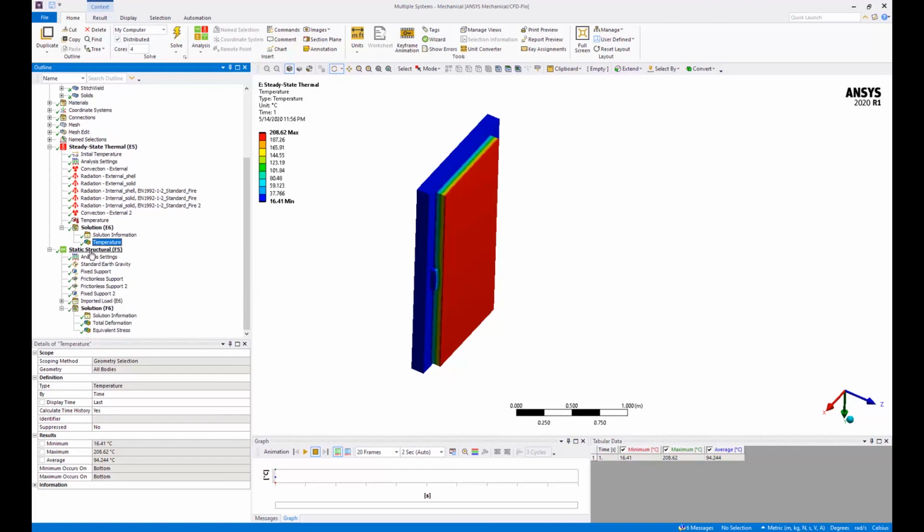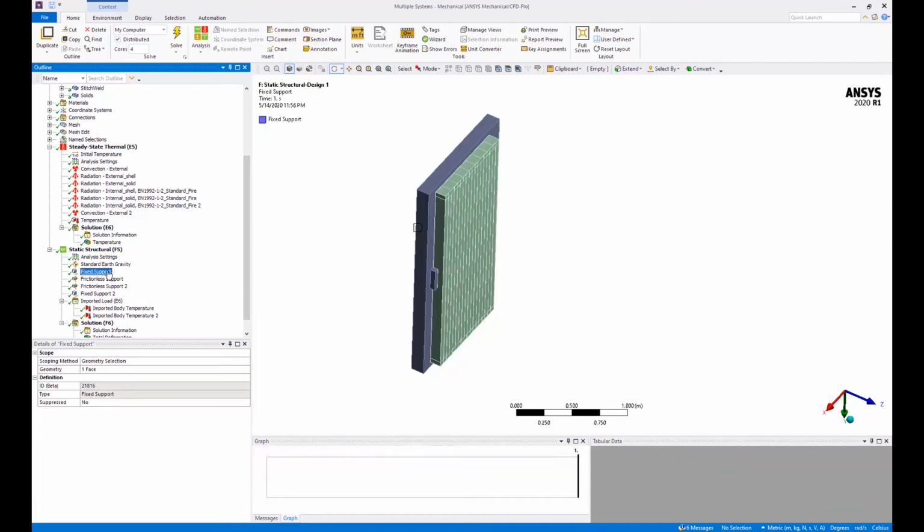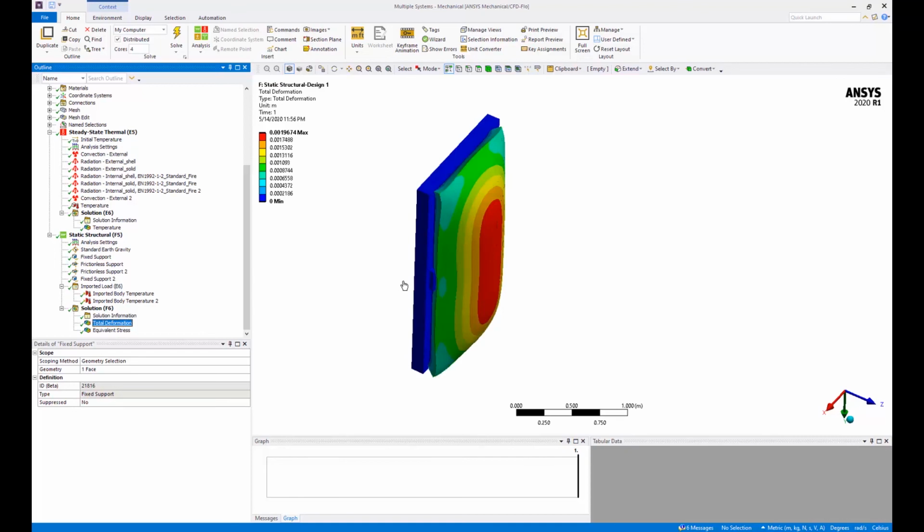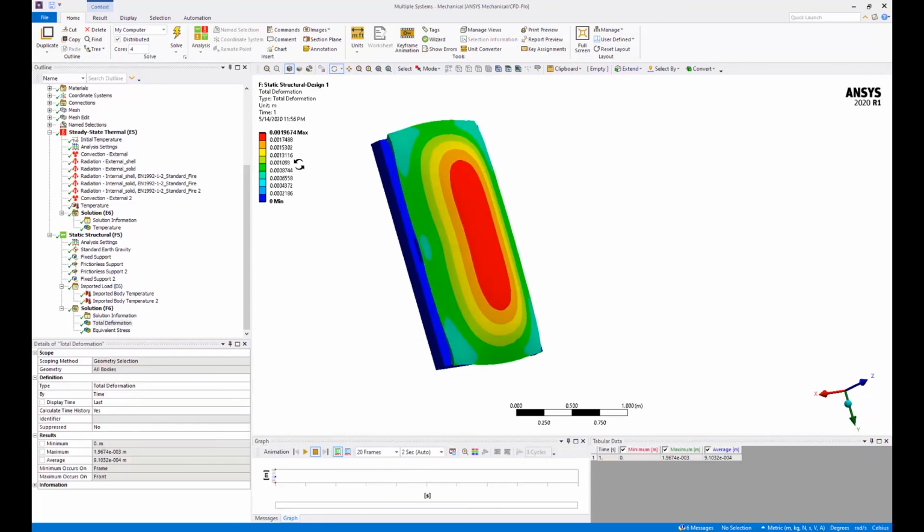And then I immediately followed it by a static structural solution where the temperature acts as a load, and additional load is gravity as well as the fixed support. And then the criteria is that the door must not expand more than 2 millimeters. And then if you see the expansion over here, it's very less.